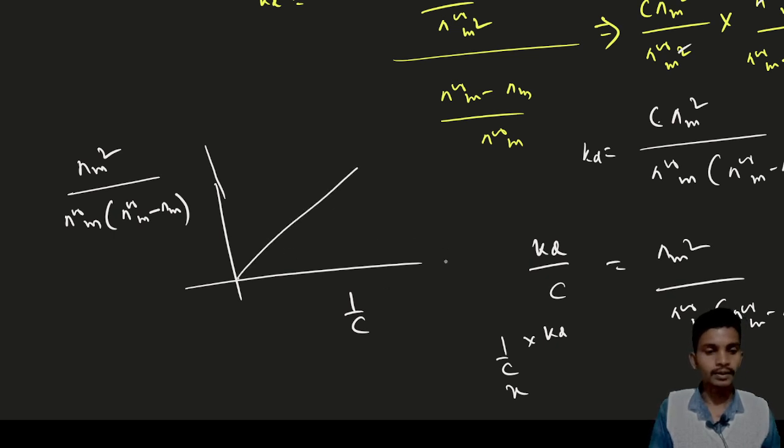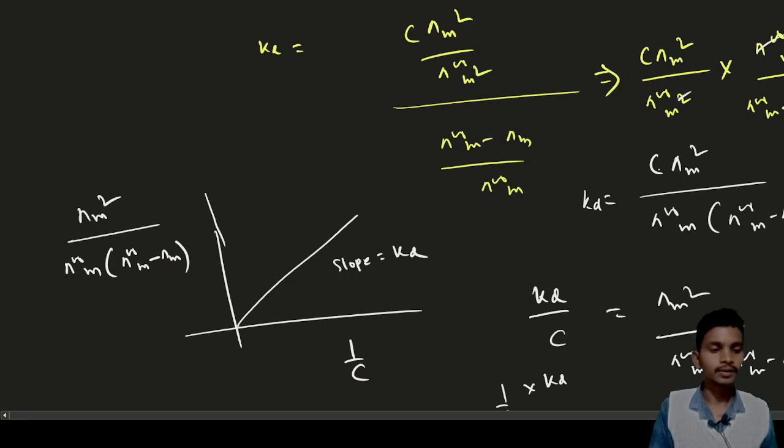This will look like this, and the slope here is Kd. Okay,